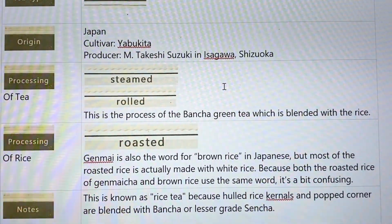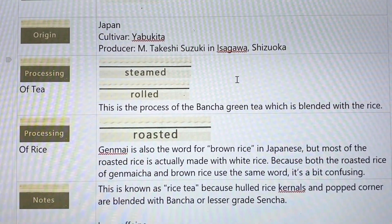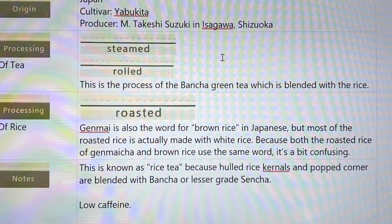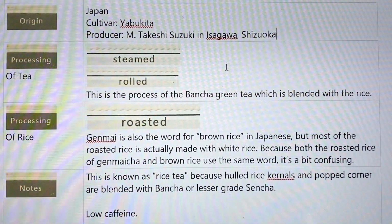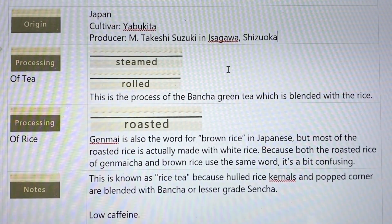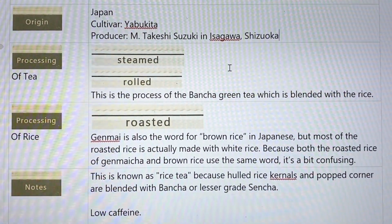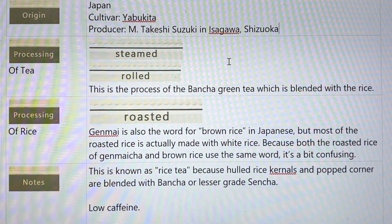I actually added a category for this processing because you have two different processings here. You have the green tea, which is actually a bancha tea, and it is steamed and rolled, and so I have some notes on bancha. I've tried that too. The thing of it is I don't really like bancha tea a whole lot. I've only given it 3 hearts, but I love this tea,